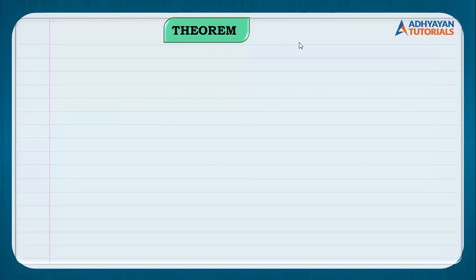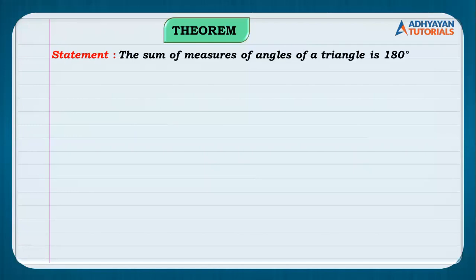Whenever you come across this word theorem, there would be 6 defined steps which you all need to follow always. Now, this is very important, believe me. The first step, children, is the statement itself of that theorem. For example, sum of the measures of angles of a triangle is 180. So this is the statement, and we are done with the first step. Statement लिख दिया है हमने.